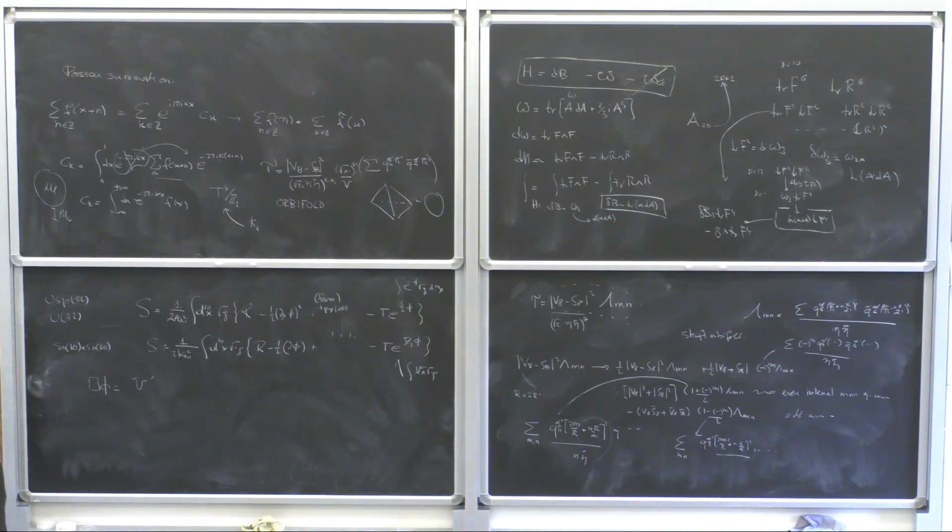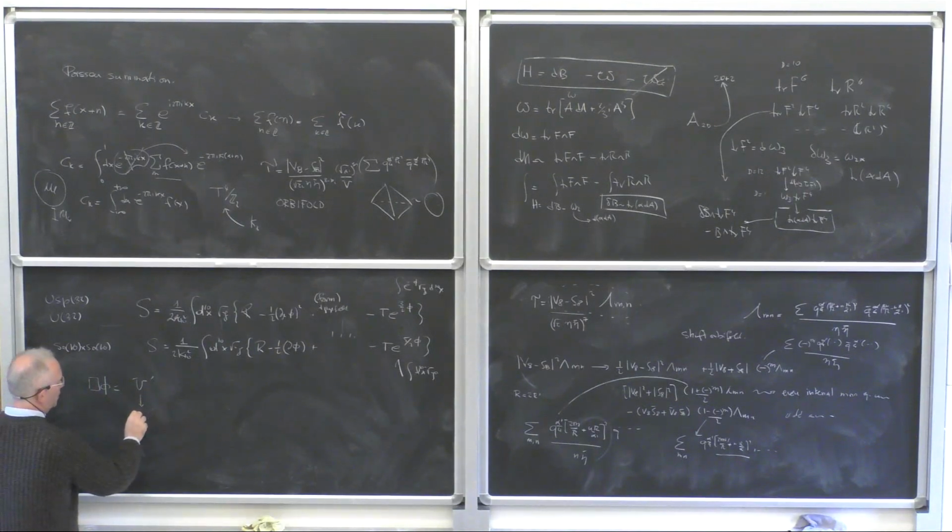If the potential has a critical point, then you have a solution in which the scalar is at the critical value and is constant